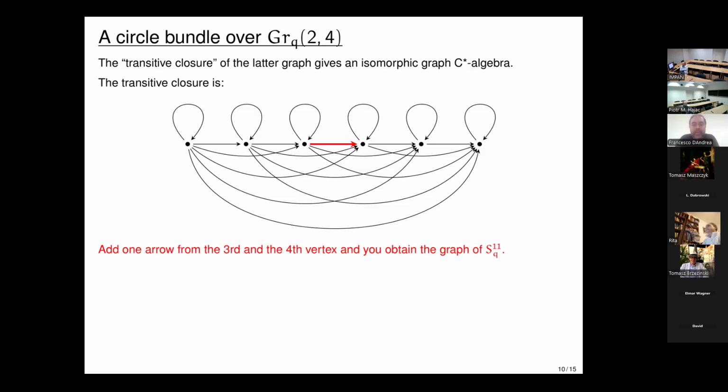And so removing one arrow, in some sense, something becomes zero. You get some relation. This is explained in the preprint, but it's not a very precise statement. So in some sense, you get one extra relation, which is kind of a q-to-zero limit of the Plücker relation. It has a geometrical meaning, but it is not completely